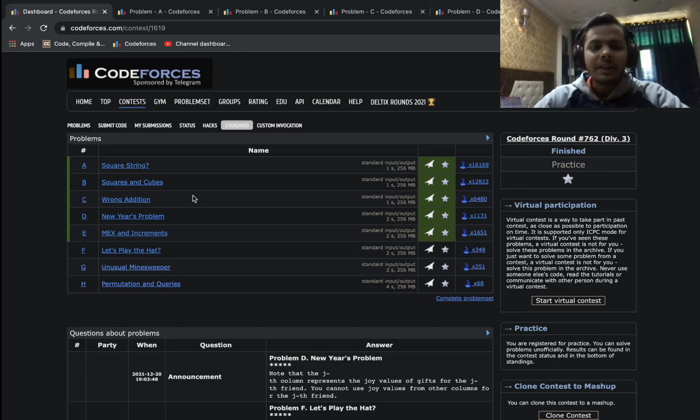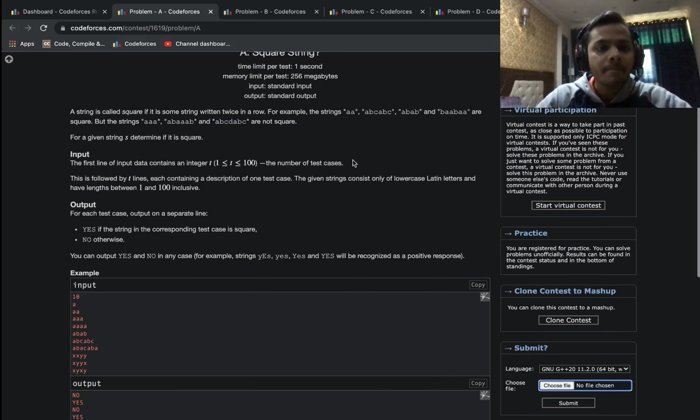And after that, problem D and E were also not very difficult, but they required some keen observations to be made. So yeah, that's about it. Definitely, it was definitely more difficult than a typical Div 3 round, right? So yeah, let's start by problem A. I'll be discussing the first 5 problems from A to E. So yeah, let's start with problem A.